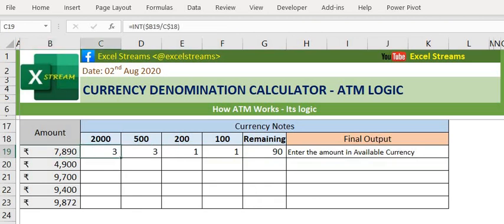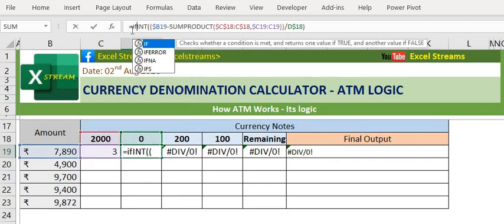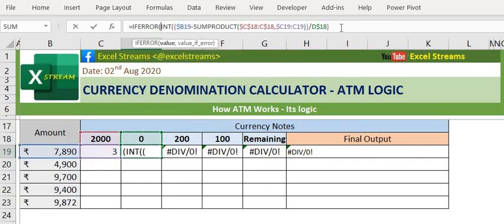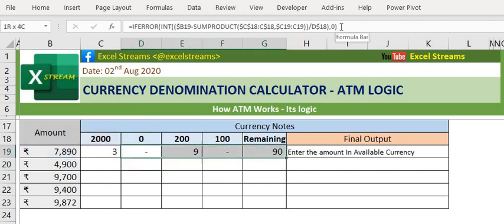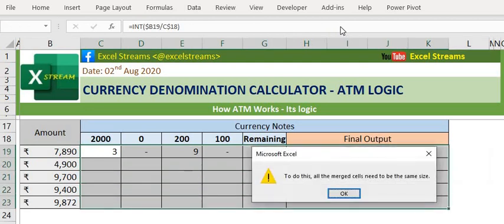Okay, one more thing: if there is no 500 denomination available in the ATM currently, it will give an error. For that, please add IFERROR over here, put a zero symbol over here and then drag it. Please drag it over here.